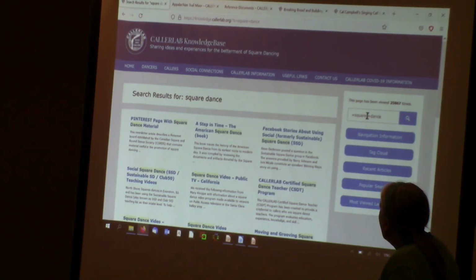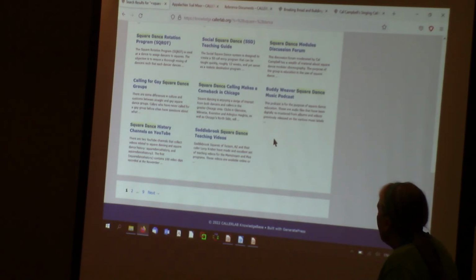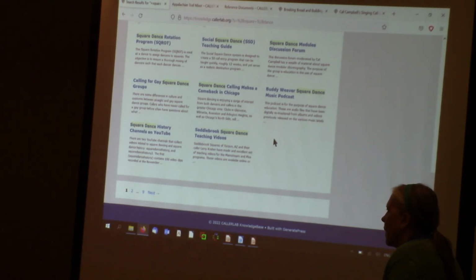when you put a plus sign in front of the word, that says this word must be in the article. So what that search argument says right there is that both the words square and dance must be in the article. Now, given the subject matter, that may mean that it's not really a much reduced list, but let's just say if it gets to anything less than 11 pages. So a lot of those same articles still came up, but now we're down to 9 pages, right? We threw away the articles that didn't have both words in it, that just had one of them. That's a way of refining it down.